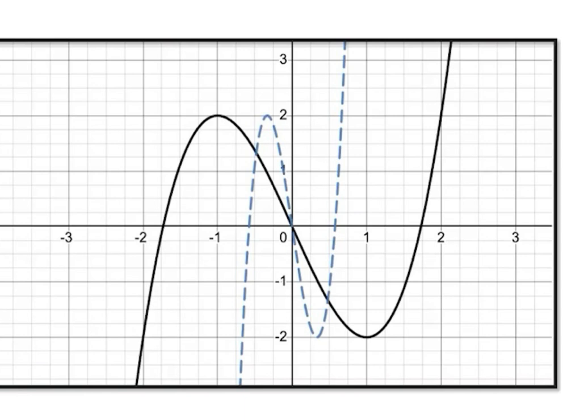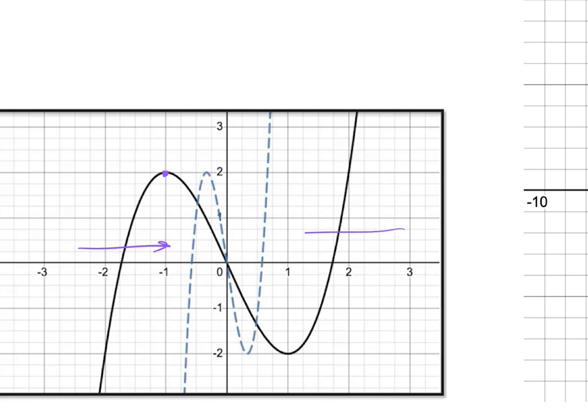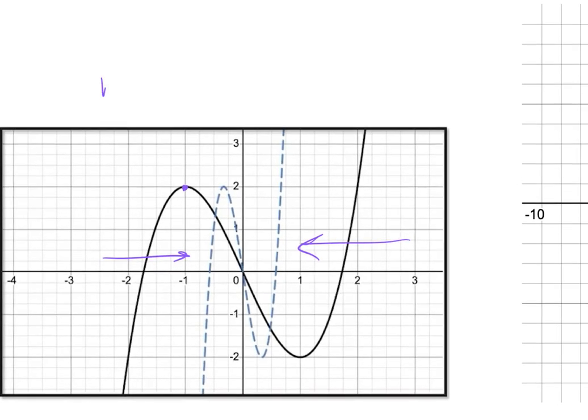But this one definitely has a difference. My y's did not change at all, right? The y here didn't get taller. If it got taller, that would have been a vertical stretch. But it shifted in. So that got squished from the left to the right, and this would have been a horizontal